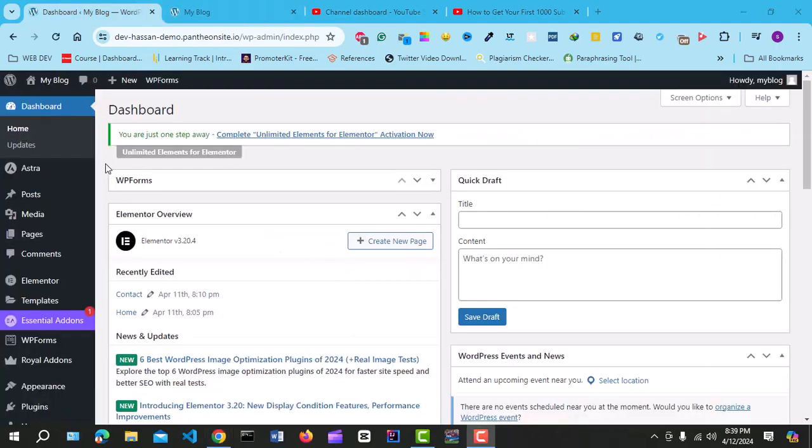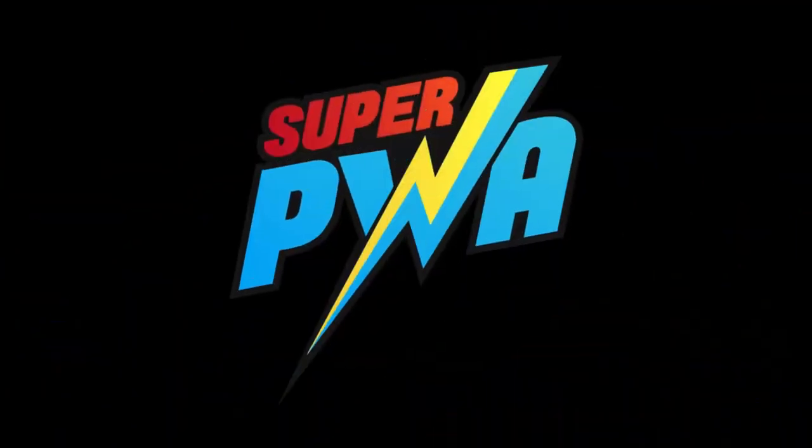Let's get started. So this is our dashboard, and we are going to install a plugin that will allow us to create our mobile app. The plugin allows us to customize our mobile app just the way we want it to be. We are not going to pay anything. It is free. So we need to install that plugin, and the name of the plugin is Super Progressive Web